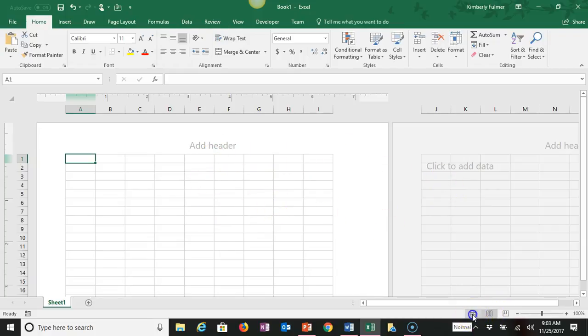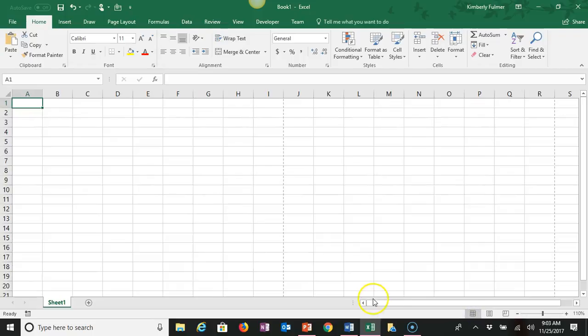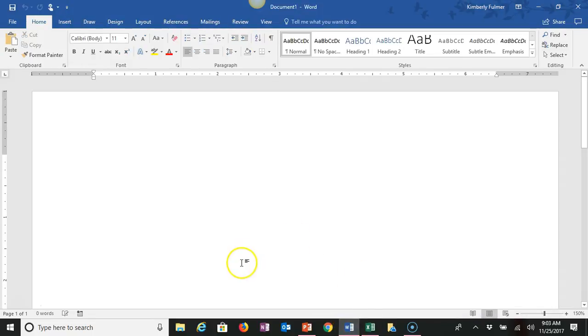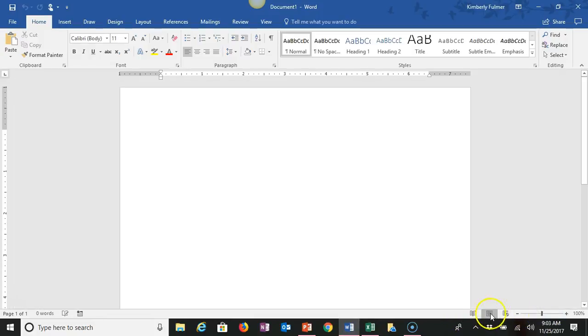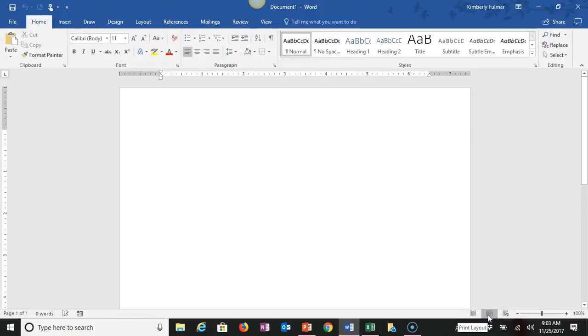Go back to normal view, and on Word you have your status bar, and it has the same zooming features, zoom up and down, and it also has a read mode where it will show you what it's going to look like if you were reading the document, and then your print layout, which is the normal view that you have. And this one here is your web layout. Go back to Excel,